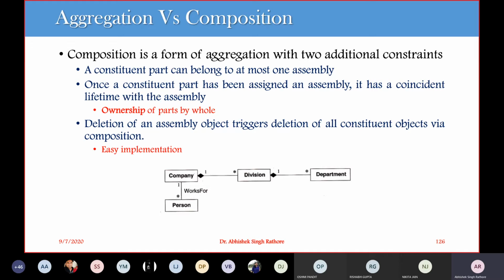In case of aggregation, we have a single entity that is whole and part. Now we are adding two constraints, and we'll include these constraints on 2 or 3 slides later. So what are these constraints? The first constraint is that the constituent part can belong to at most one assembly. Let's say this SVIT can belong only to this SVV.